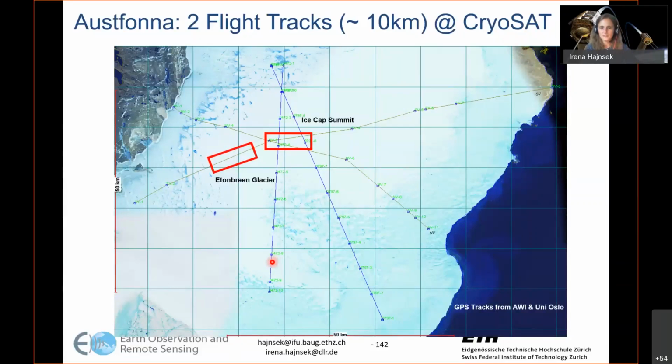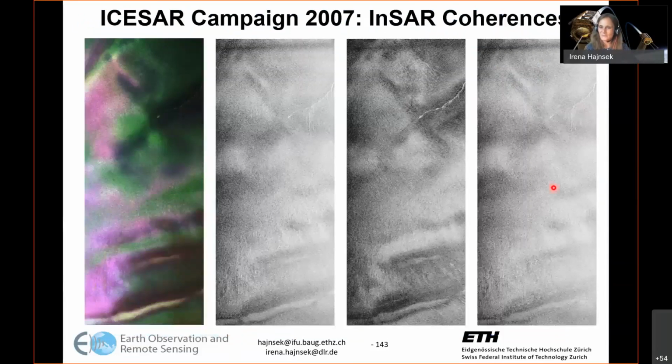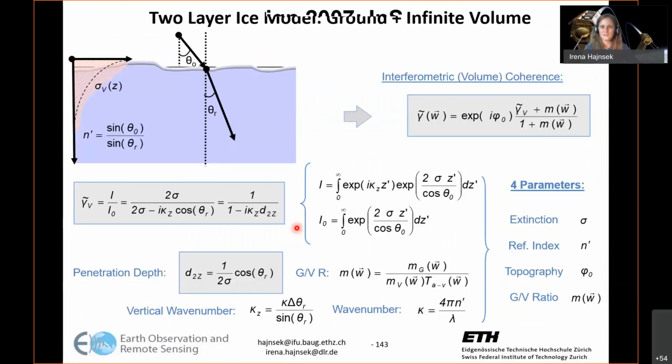This is looking like an interferometric coherence at different polarizations, and this is an RGB intensity image. You see it does not have as much structure as you would probably assume over some of this area, but I still think it was very interesting to see for the first time. The main interest here was not only the height, but we were extending a little bit the snow model that you have seen before,